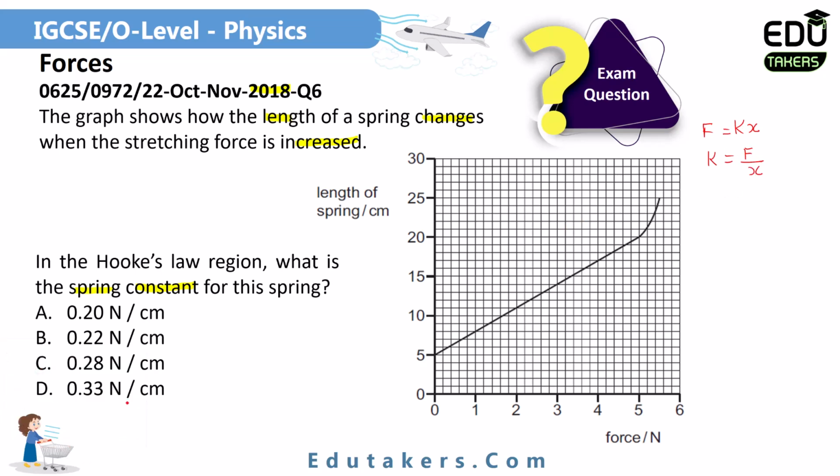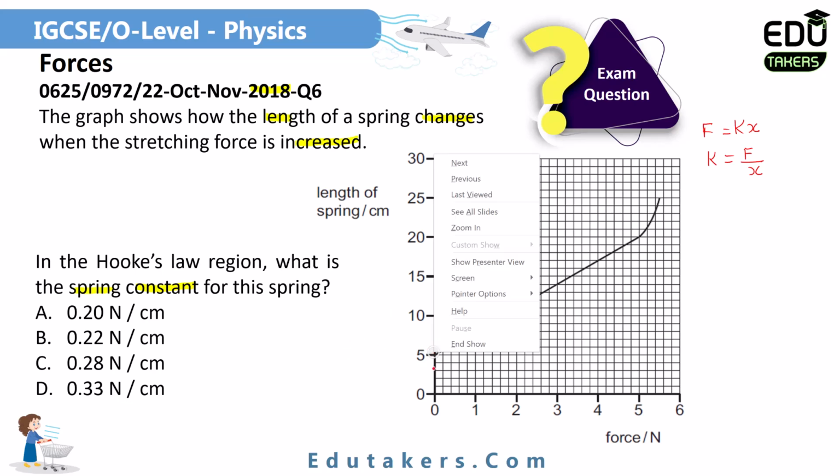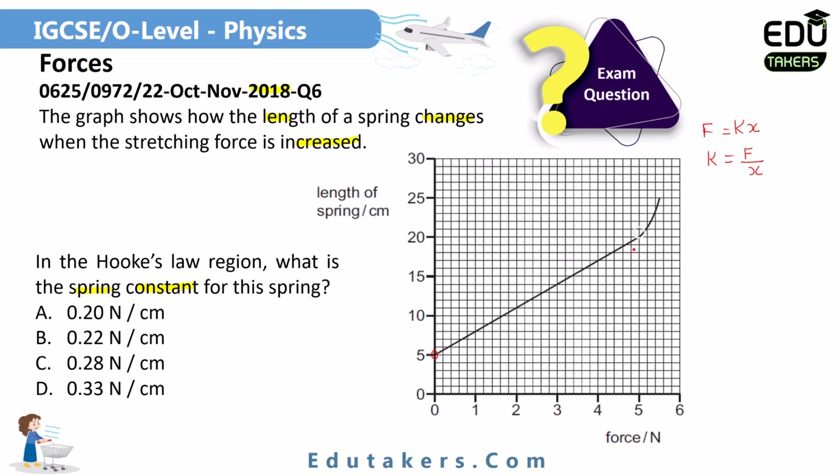You also know that Hooke's law is only obeyed for the linear region, where the graph between the length of the spring and the force is a straight line. So first of all, you have to search this region, which is starting from this point and ending at this point. So the graph between both of these points is a straight line. It means that take the values from both of these points for the forces and the length. First of all, drop a line on the horizontal axis and on the vertical axis from both of these points. You get these values.